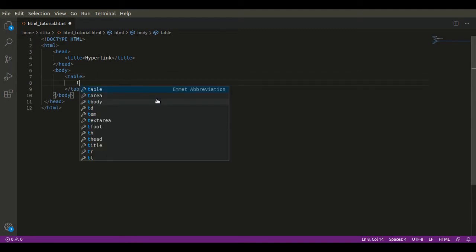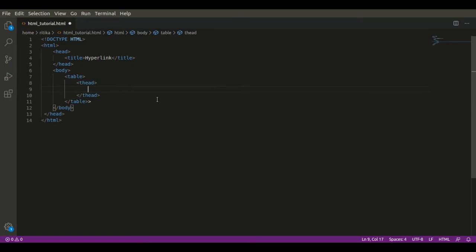A table is divided into two parts, head and body. Within table, first we have to divide it like T head and T body. As I said, it is divided into two parts, and within T head we need to write TR, which means table row.